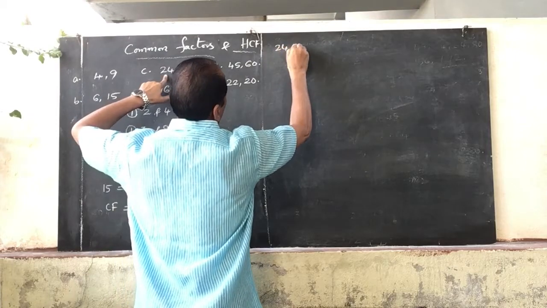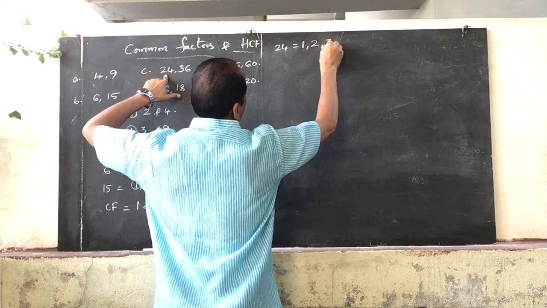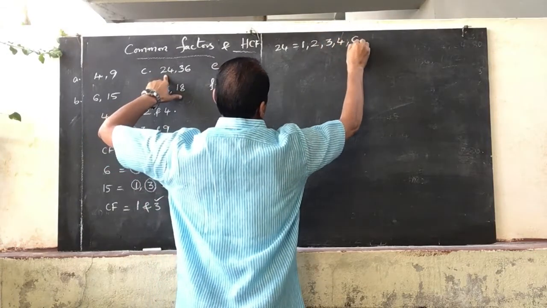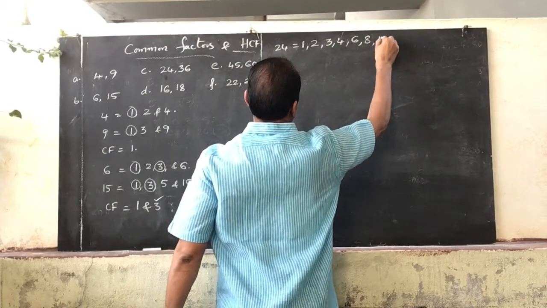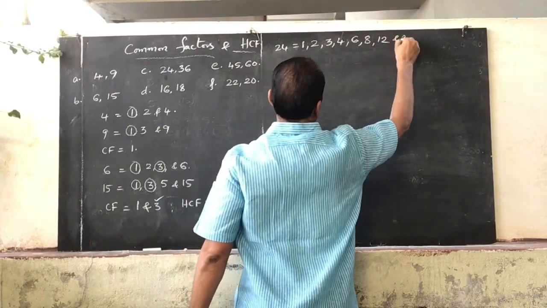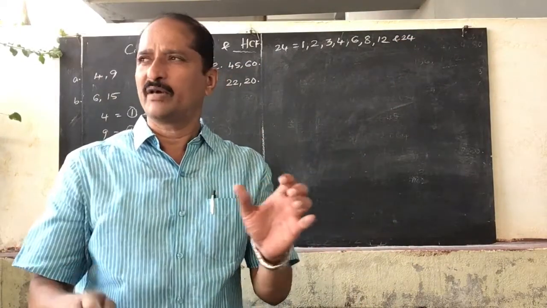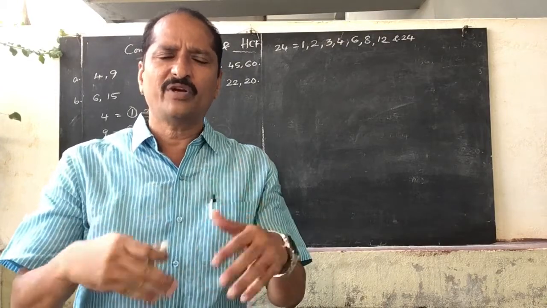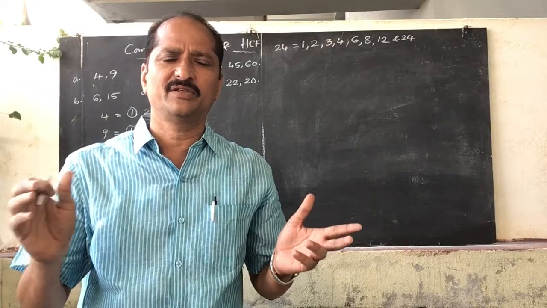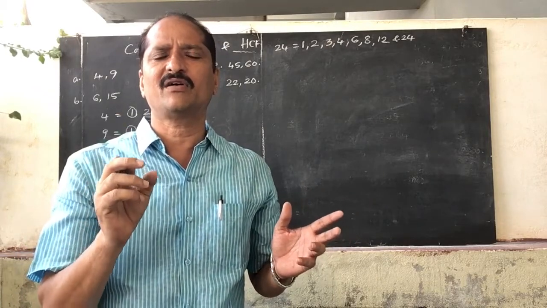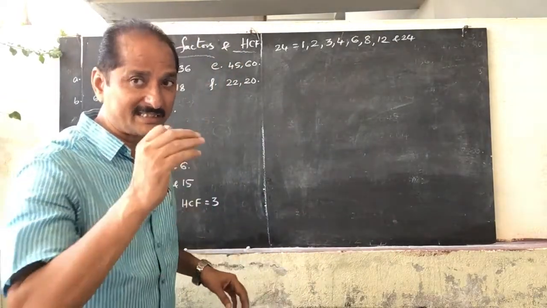Factors of 24: 1 24 is 24, 2 12 are 24, 3 8 are 24, 4 6 are 24. These are the factors of 24. Actually you have to write it in multiplication form, but now we have practiced very well. So like this you can find out the factors of so many numbers, 2-digit numbers, 3-digit numbers. Find all the factors by dividing them, and you can write down factors like this. So you should get this practice.